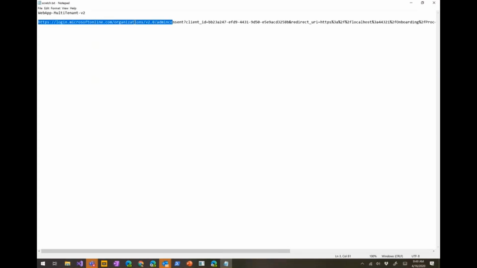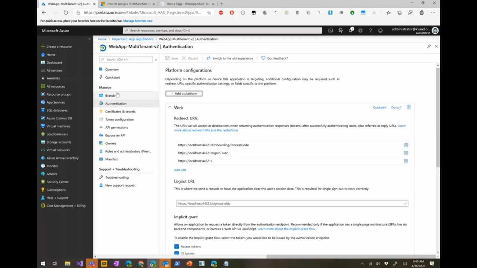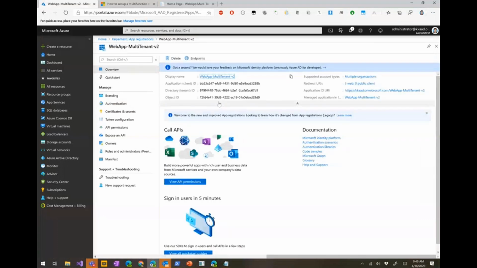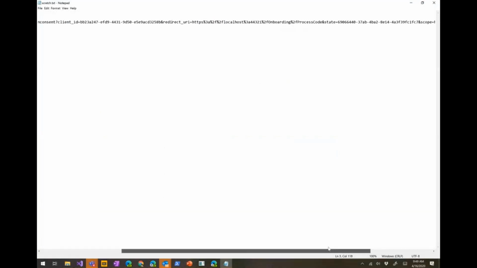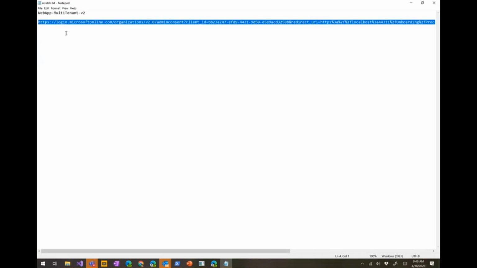This is an admin consent URL that I have created. It has the client ID of my multi-tenant app, which is essentially BB28B. And I have a redirect URI. You have to have a page that will handle the experience after the admin has consented, and a couple of extra parameters.